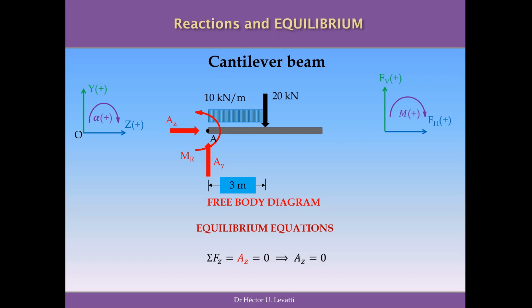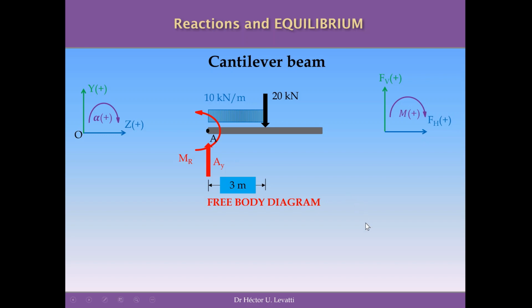It happens exactly the same as in the exercise before, because there is no horizontal action on this structure. The reaction in the horizontal direction will be equal to 0. And we can demonstrate that by writing the equation of summation of forces in the horizontal direction. The only force in the horizontal direction we can see in the free body diagram is the reaction AX, which has to be equal to 0, the only possibility to keep the equilibrium in this direction. So we can delete this reaction because its value is 0, and we can proceed to calculate the other two reactions, the vertical reaction and the moment at the point A.